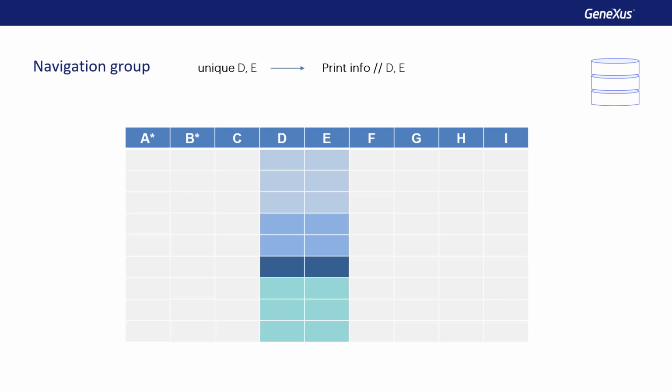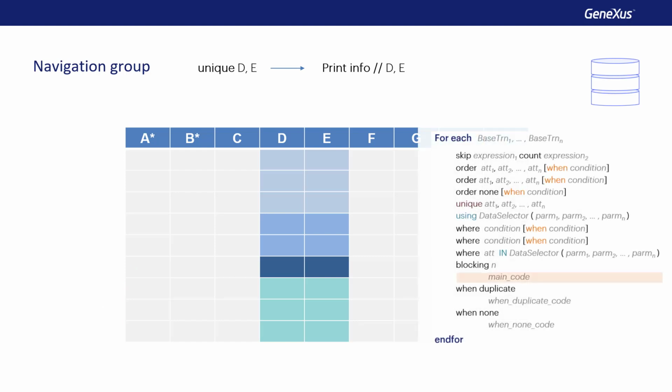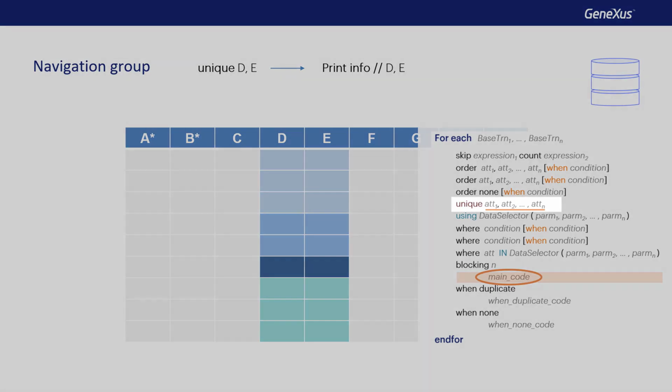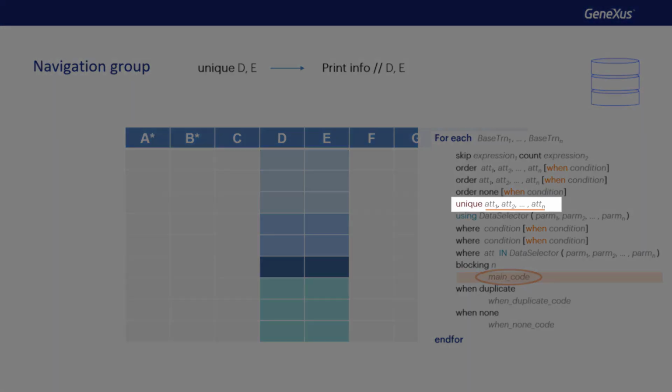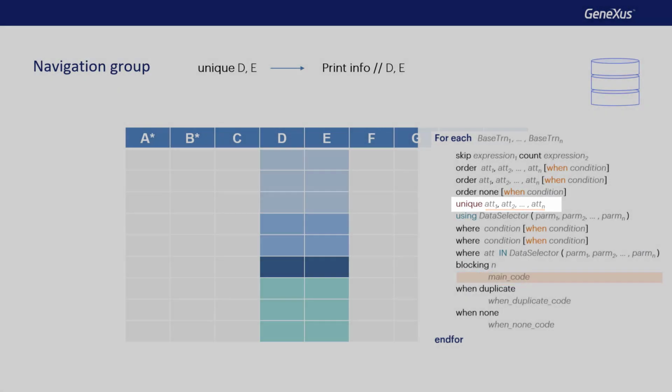For this to make sense, only attributes whose value is unique for each and every record in the group can appear in the code to be executed for each group. The attributes included there do not have to be part of the same table. They can be in the extended one.